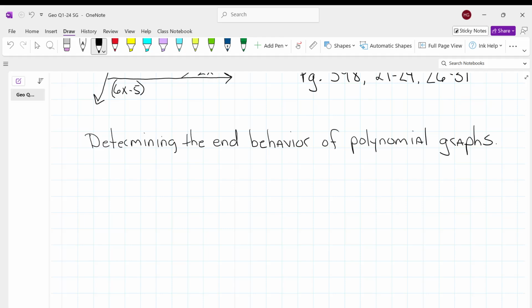Determining end behavior of polynomial graphs. And an example